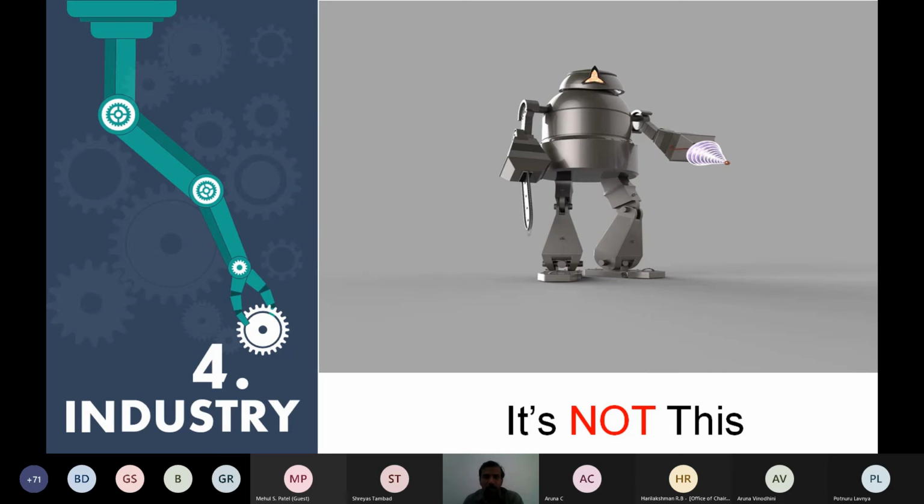It is not at all this robot. It's there in your title. It is all about software robots, and we call them bots, software bots. So at the end, you will be trying to develop a software bot which will control some process. You'll see the details of it.